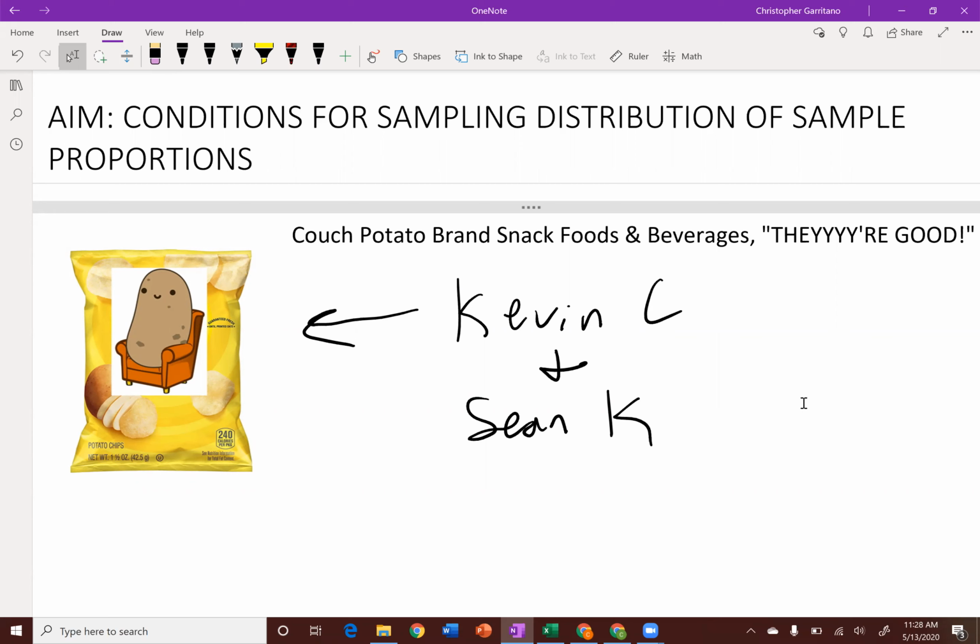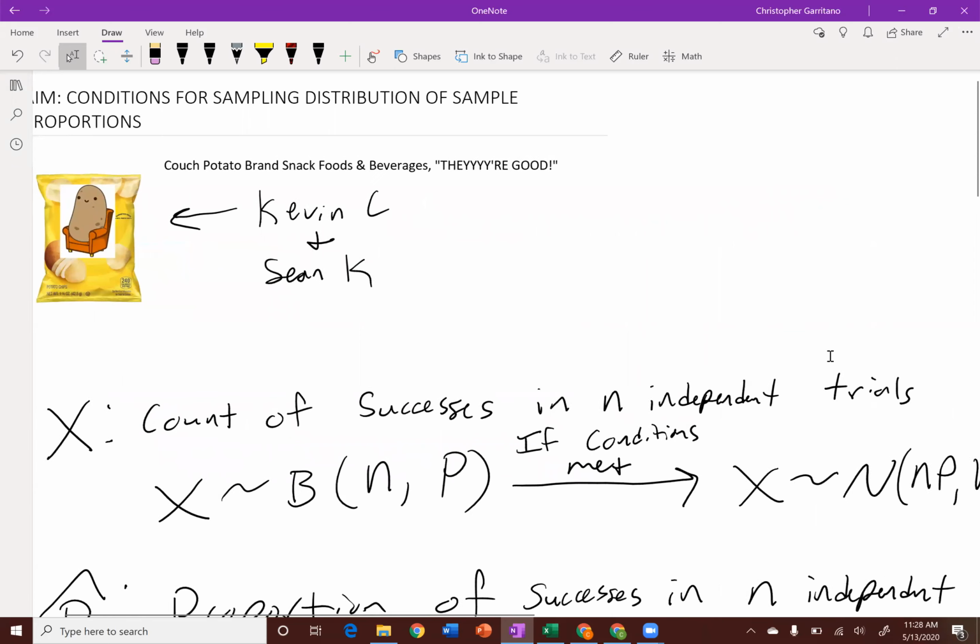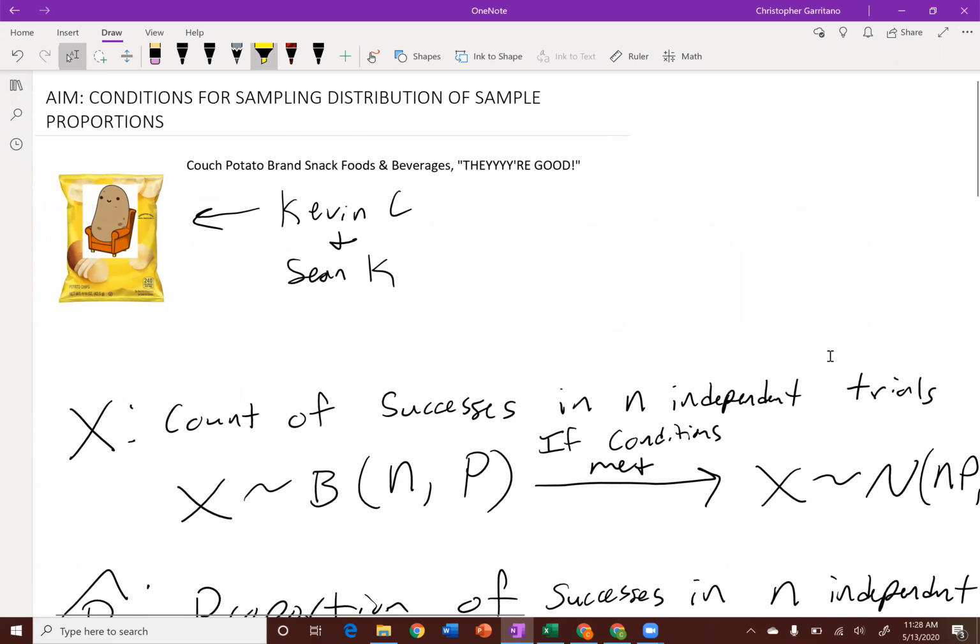Okay, so before we get started, it is important to understand the relationship between sample proportions and the binomial random variable. So let's say that we have a random variable x, which represents the count of successes in n independent trials. We're counting the number of successes in n independent trials. As long as a random variable is defined in this way, then we know that this is the definition of a binomial random variable,